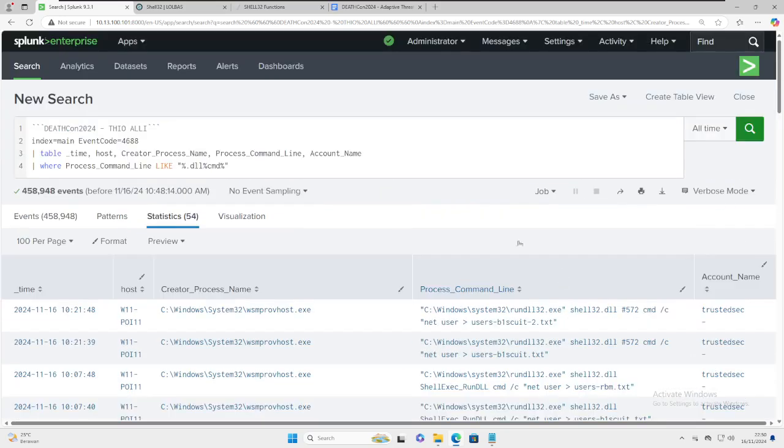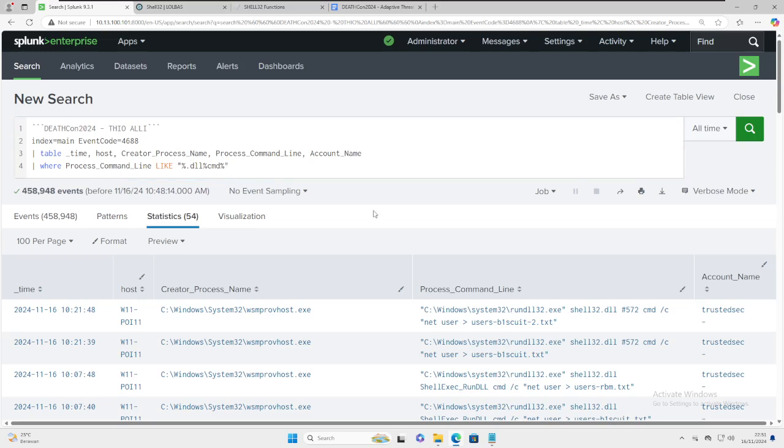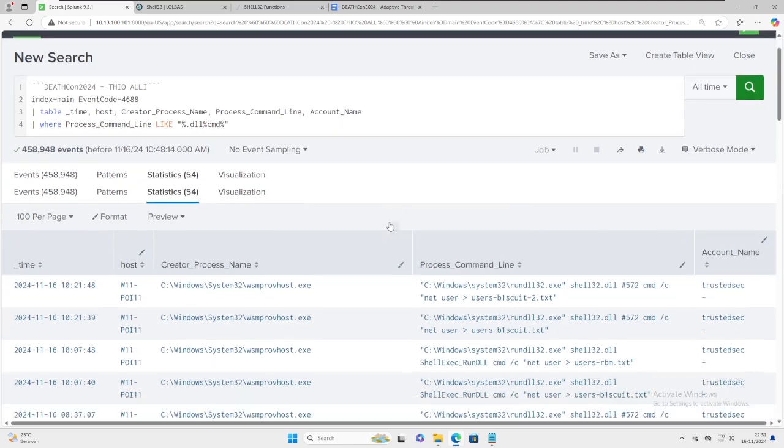This query can be used to detect if there are any .dll and also cmd inside the process command line, so it will help to detect LOLBins specifically.